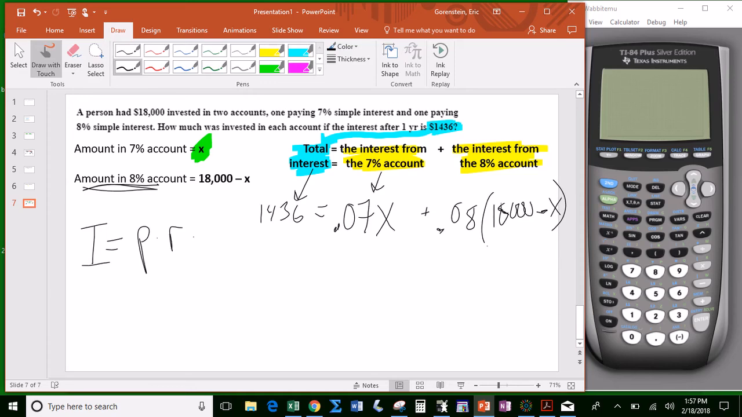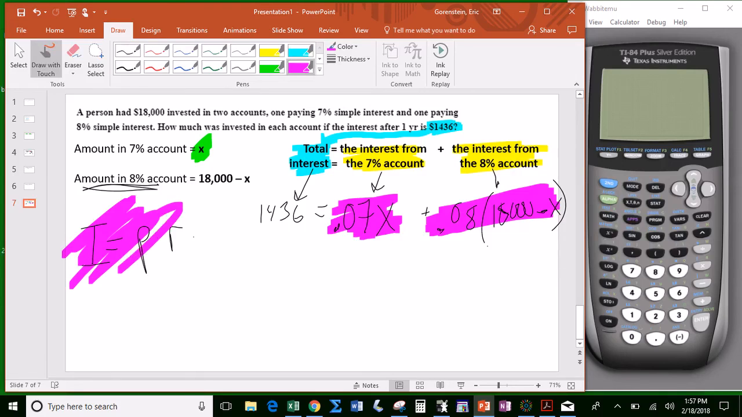Okay, so we got total interest, 1436, equals interest from the first account, which is here, plus interest from the second account, which is here, and they're both coming from this formula. Technically, I equals PRT, but T is equal to 1, so it's just principal times rate. Okay, and we could solve this for X. So let's say 1436